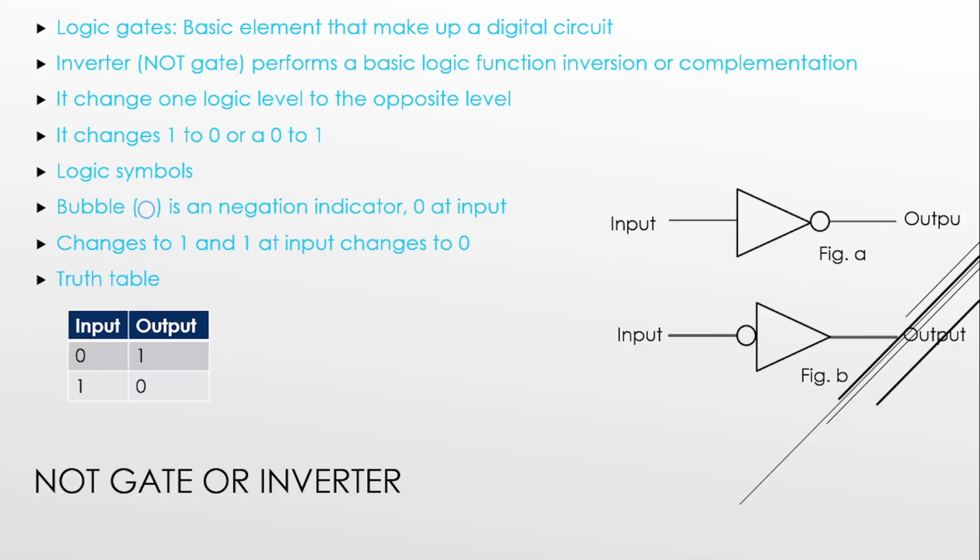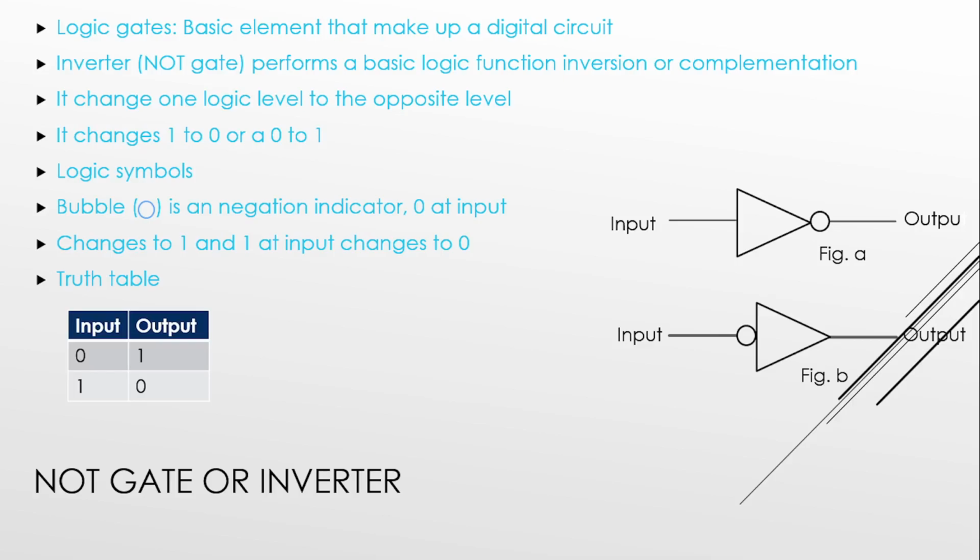In this way, it inverts the input, or it gives output as a complement of the input, or output as an inversion of the input. So it performs the function of inversion or complementation. Hence it is also known as inverter. And since output is not the input, that means if input is 0, output is not 0, it is 1. If input is 1, output is not 1, it is 0. Therefore it is called NOT gate.